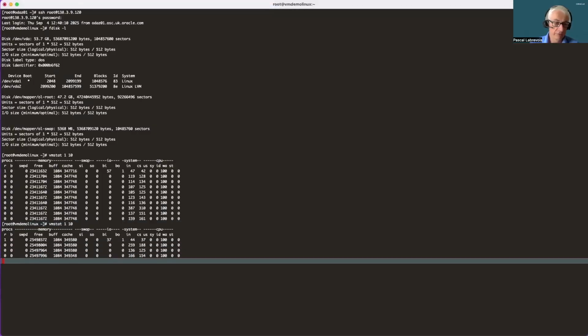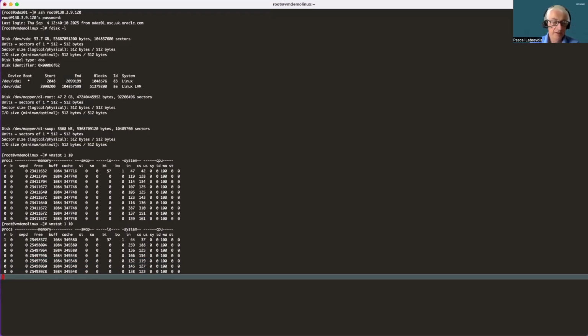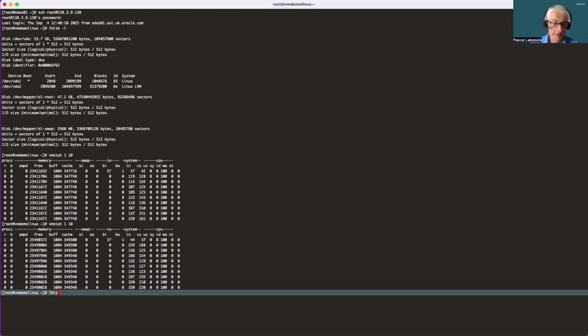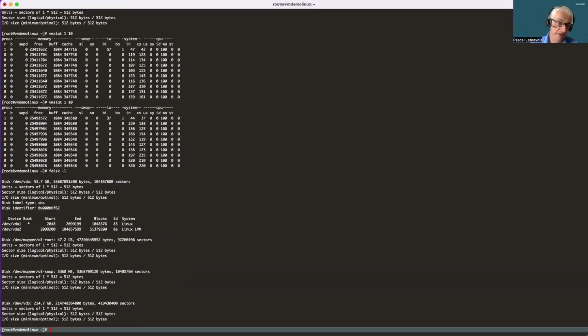So running vmstat, I can see that I have 2 gigabyte free memory in addition to the 23 as previously seen. And if I check the disk, I can see that I have now a 200 gigabyte disk that I can use with my VM. And I didn't have to bounce my VM for this change to take effect.